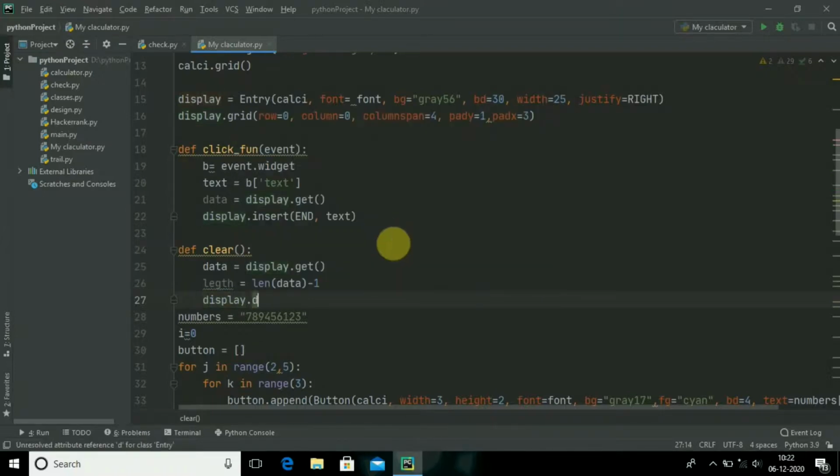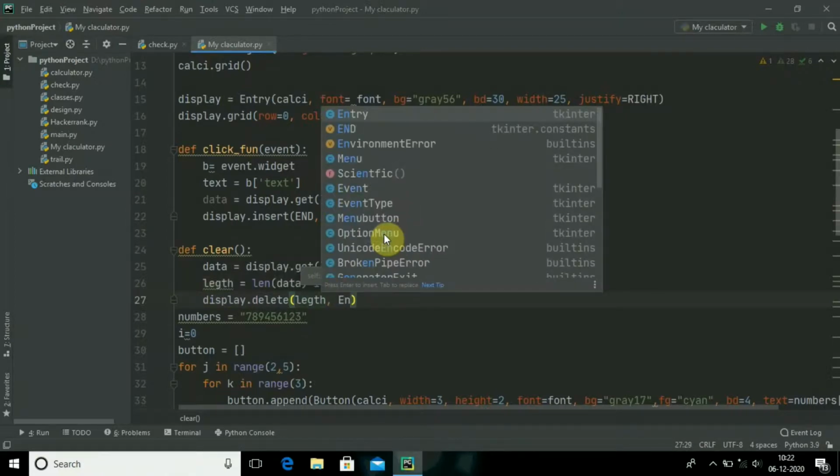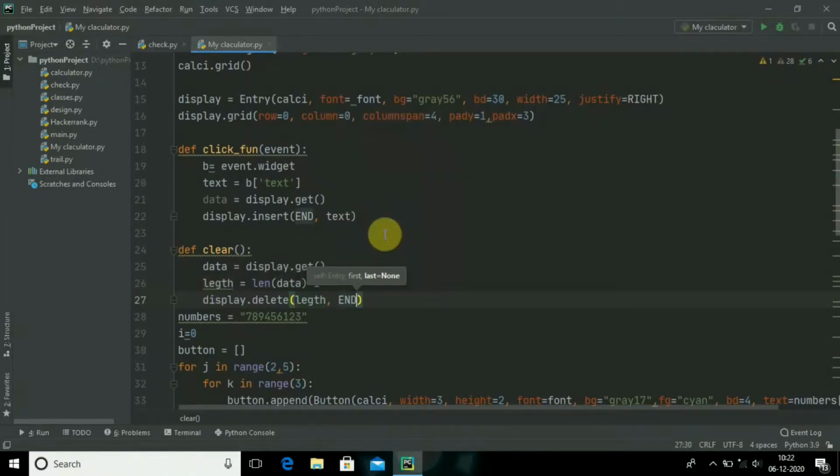It means the last digit should be deleted. For that, delete from length to end. See, this will be our function.